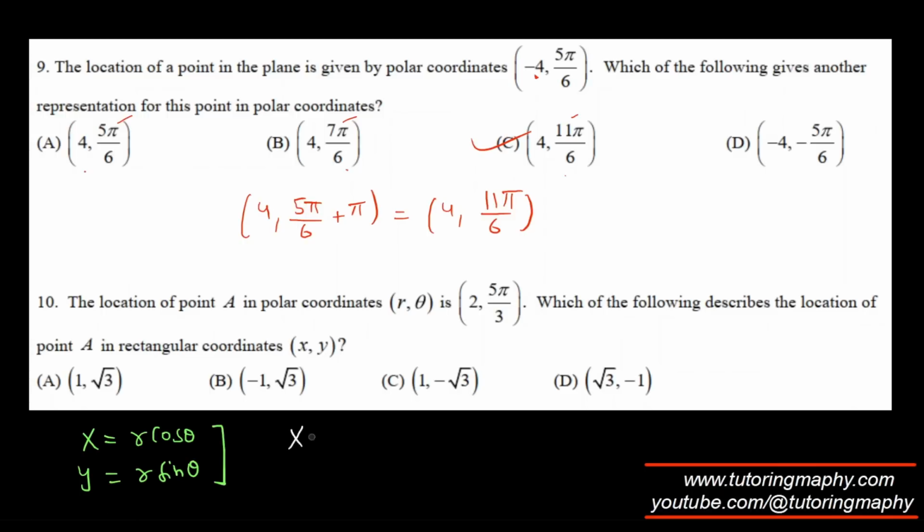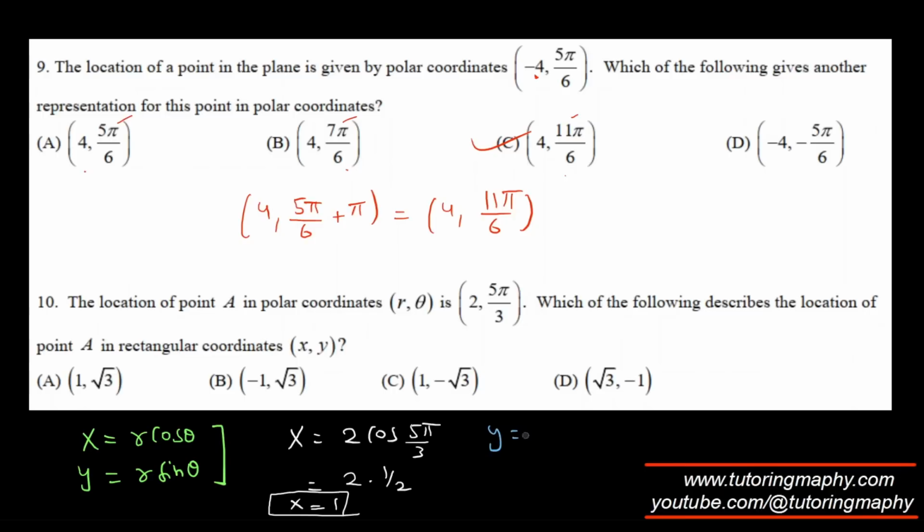So x is equal to 2 times cos 5 pi over 3. What is cos 5 pi over 3? If I ignore the 5, then I'm left with pi over 3, which is 1 over 2, and 5 pi over 3 is in quadrant 4, so it's again positive, so it's again 1 over 2, so 2 times 1 over 2 is just 1. So x is 1,